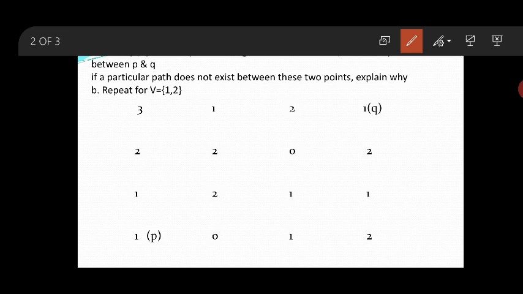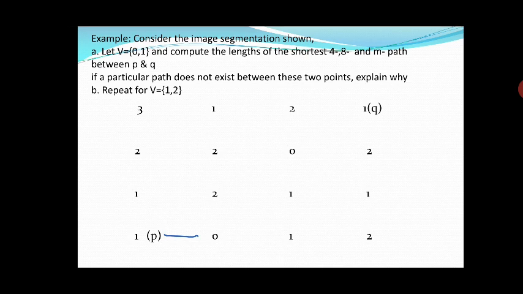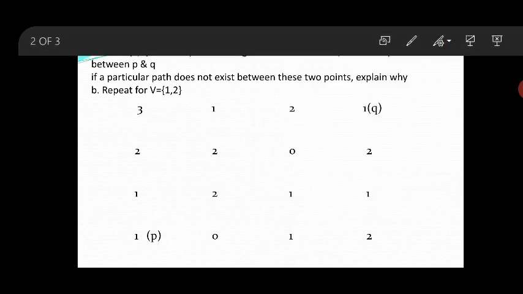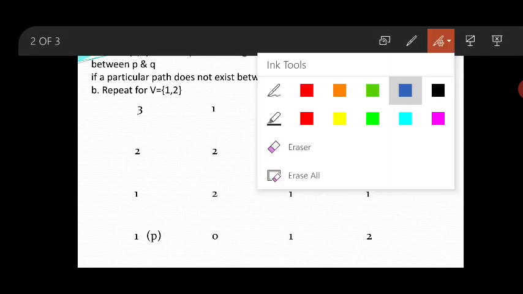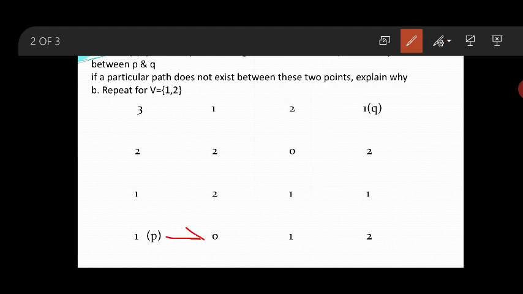I'll erase all this. Now, all the way I have reached here.